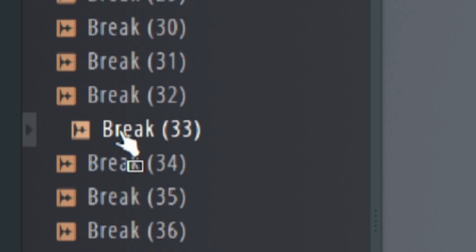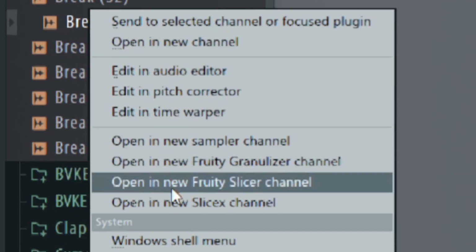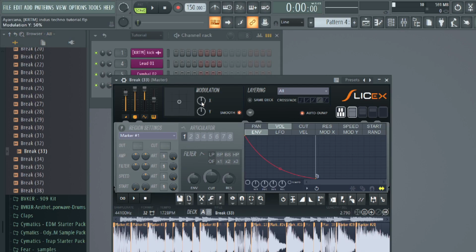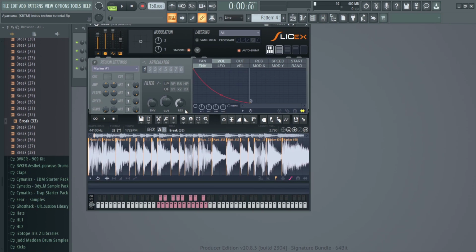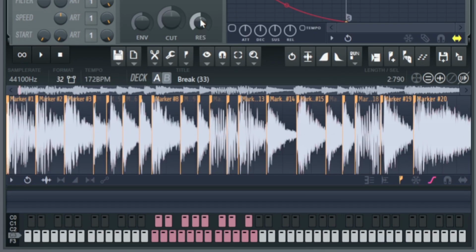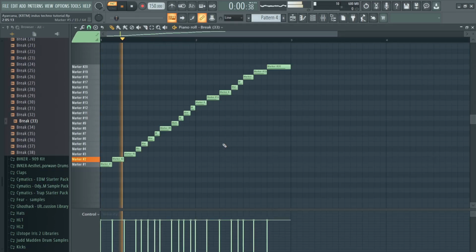Alright, we are going to chop this loop and alter the rhythm. Right-click the sample and open it in new SliceX channel. SliceX is a more sophisticated version of Fruity Slicer with more features, but don't be afraid as we are going to use mainly the most basic ones. This plugin chops any sample into individually modifiable audio clips called markers. The markers are automatically sequenced in a MIDI clip,